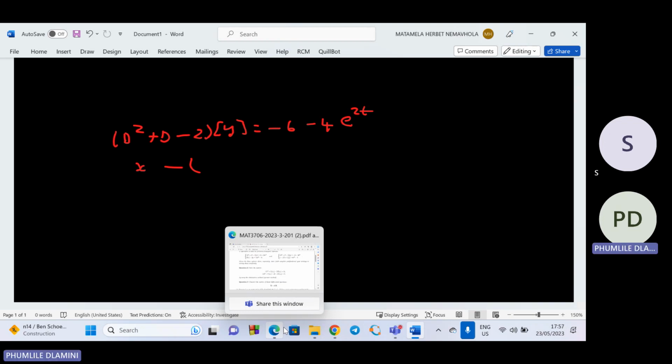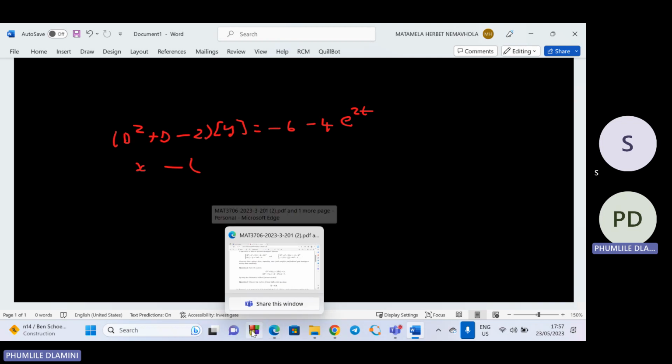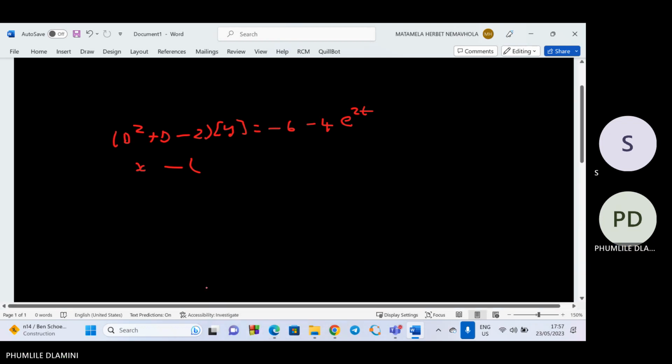Then after that you got 6, you have this part whereby you have 6 minus 12, e to the power. Let me recheck this question properly, because I just checked your steps. I didn't read the